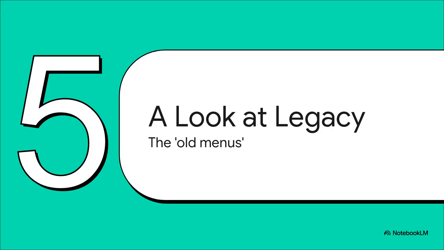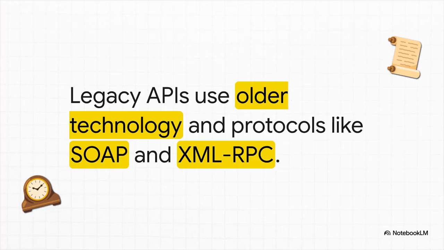Of course, it wasn't always this simple. Before we had these clean, easy-to-read menus of REST and JSON, communication on the internet was, well, let's just say it was a bit clunkier. Let's take a quick look at the old way of doing things. These older systems are what we often call legacy APIs. They relied on much more rigid protocols, with names like SOAP and XML-RPC. You can think of them as requiring a super formal multi-page legal document just to place a single order. They were powerful for sure, but all that power came at the cost of being way more complex to work with.